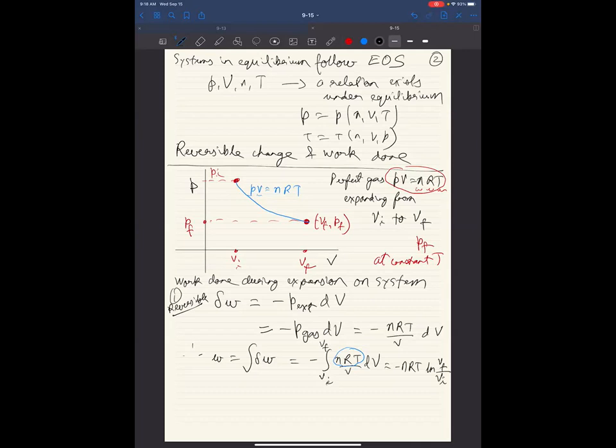Does this make sense? We know that VF is more than VI. Therefore, let's do a sanity check. We know VF is more than VI, therefore ln VF by